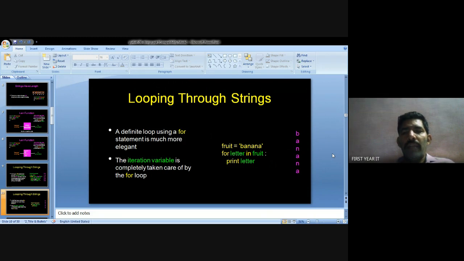I defined the banana, for letter in the fruit. The letter starts at B, in the fruit means the banana. So through print letter, one by one we get B A N A N A. This is called the number of times execution of the for loop.